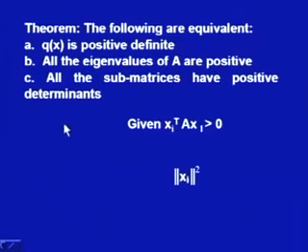So I will start with a given quadratic x transpose Ax which is positive. I will first prove that A implies B, meaning if Q(x) is positive definite, then all the eigenvalues of A are positive. So with this given